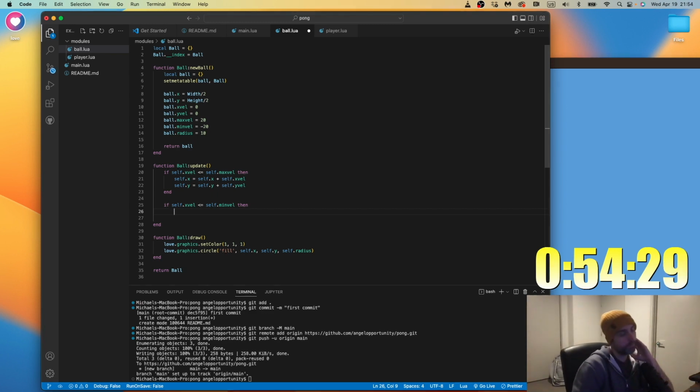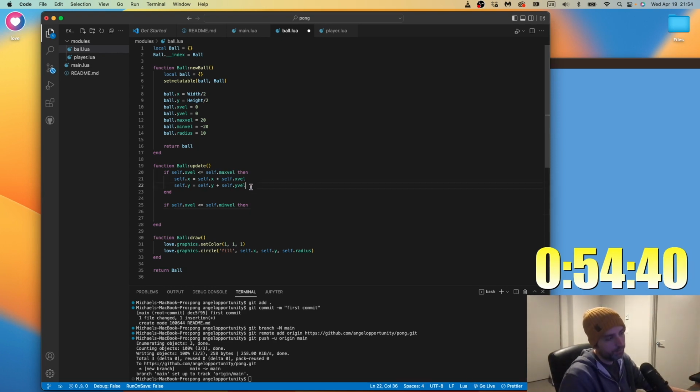So here is where I'm running into issues with this thing with max and min velocity that I did, which was fine for the paddles, but I think it's not great here. And I have to decide if I want to power through it or try to actually fix the problem. I was trying to use absolute value.